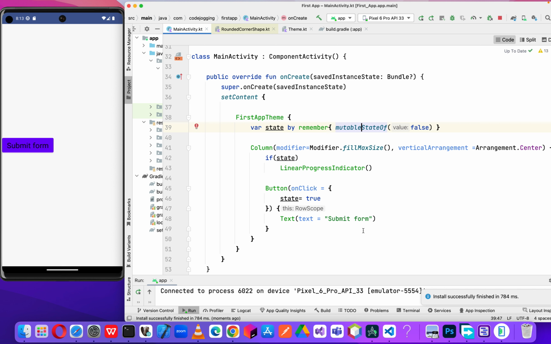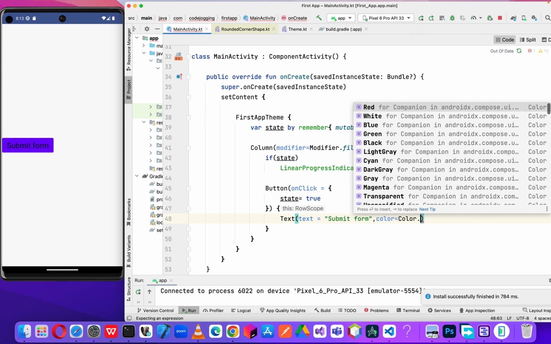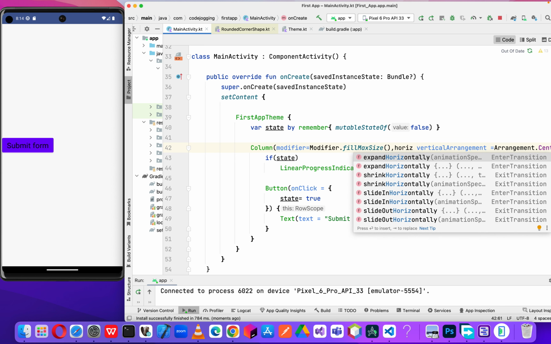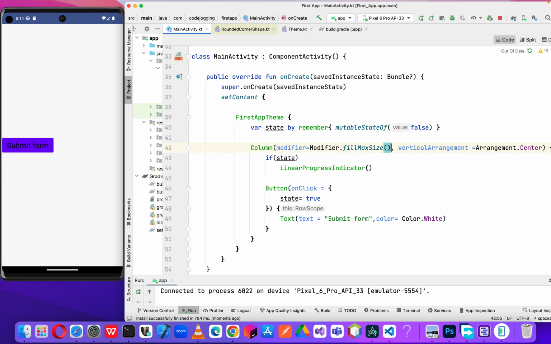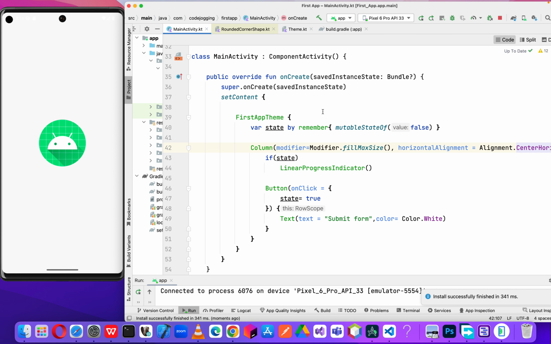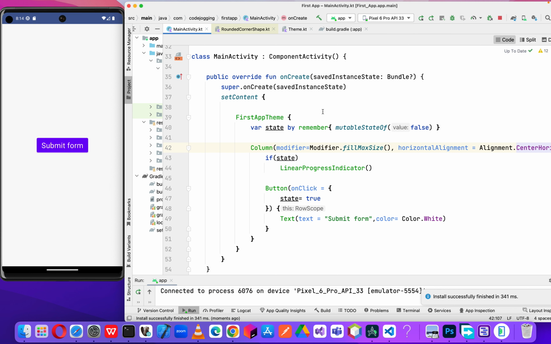Yes, so let's add some small modification to our test. So color white, okay, and then let's center our components in the column components. So now let's run our app again, and yes, so now the logic we are going to do here is